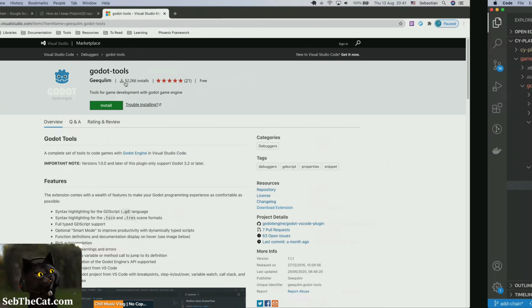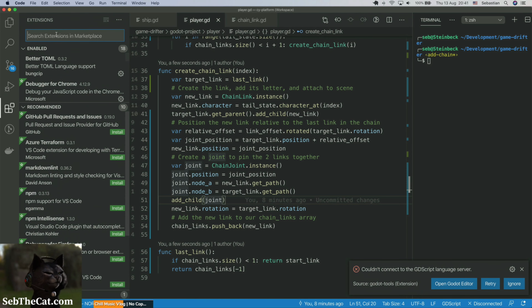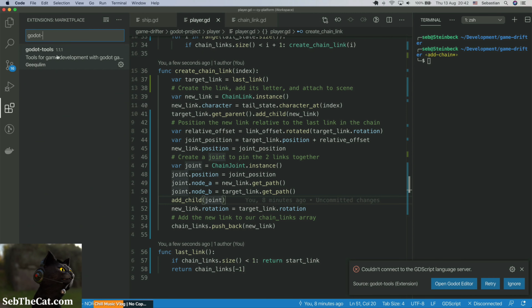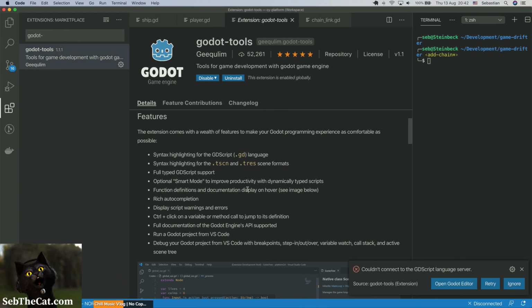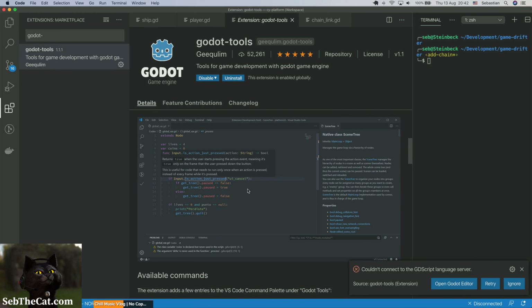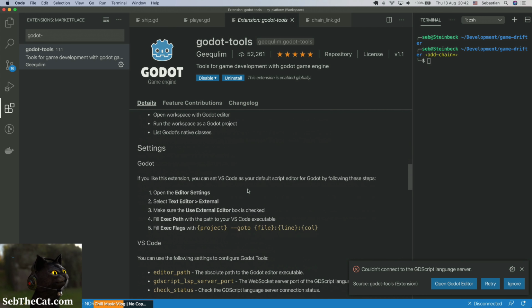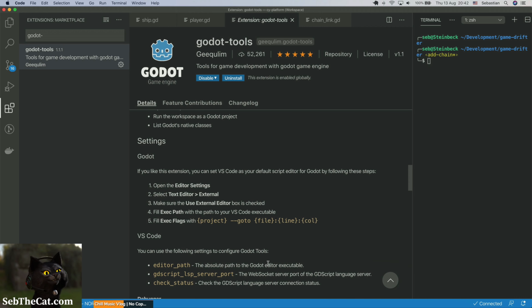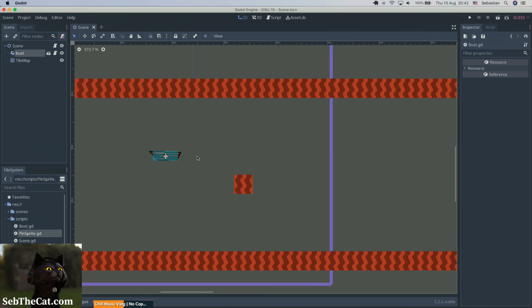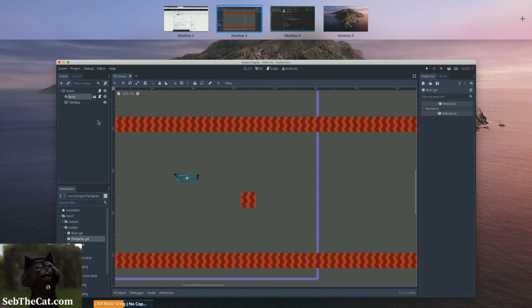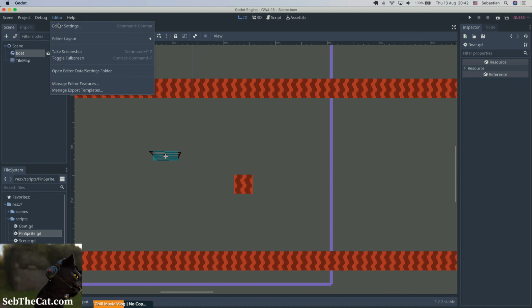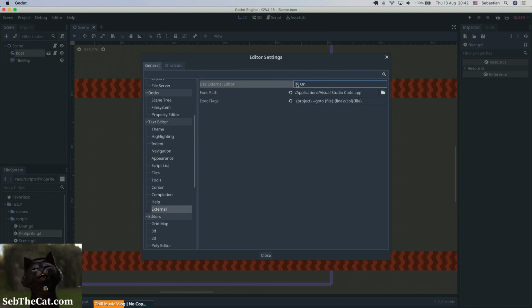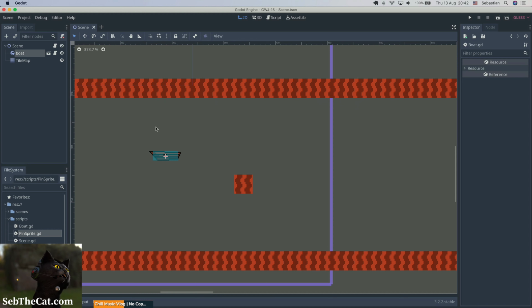Go tools. Do I have that installed? Alright, well I'm not going to do that now. Really frustrating. Okay, we're gonna just turn off the external editor. It just doesn't seem to work, even though we've done what I think it said to do. Okay, so now if we open up this boat script here,